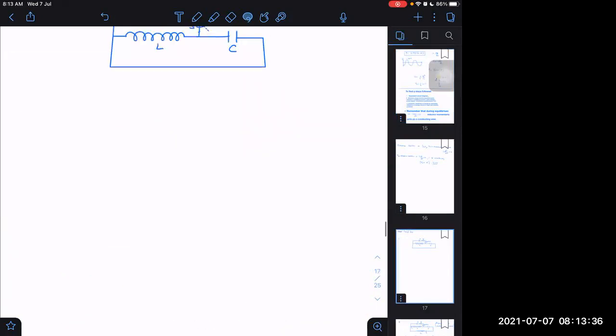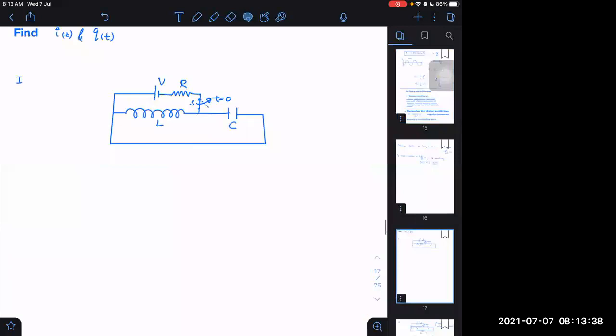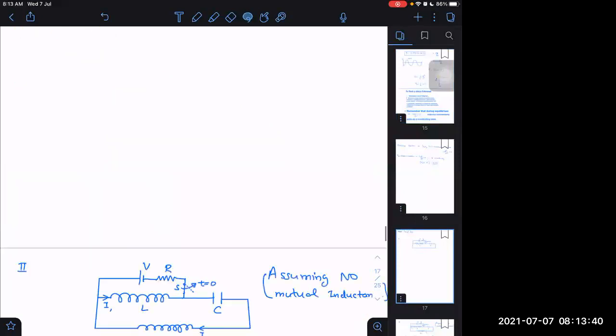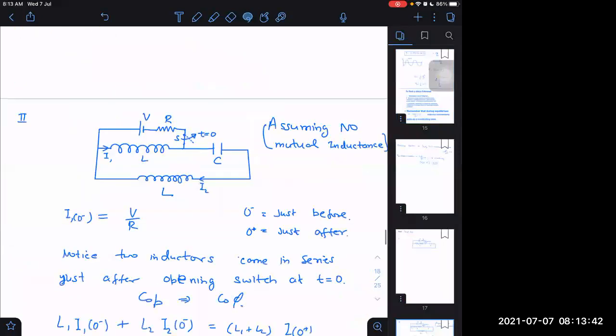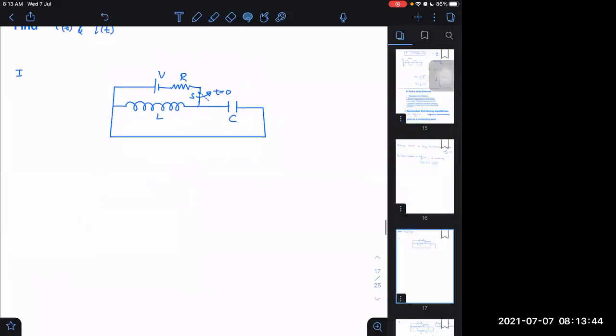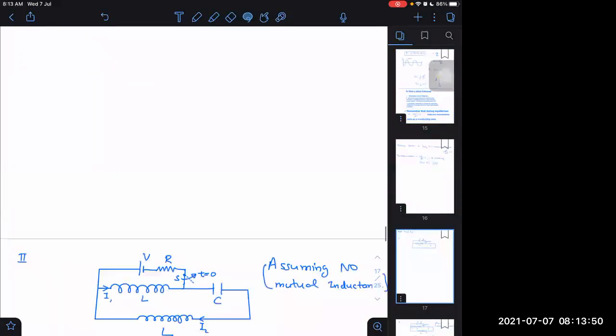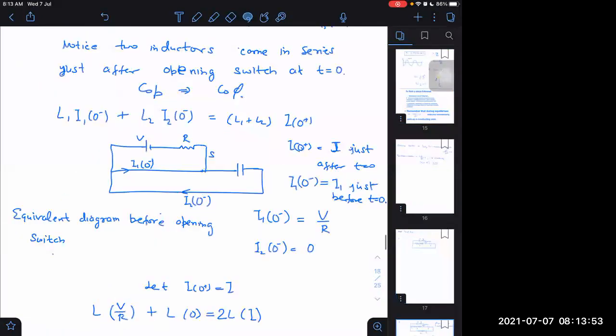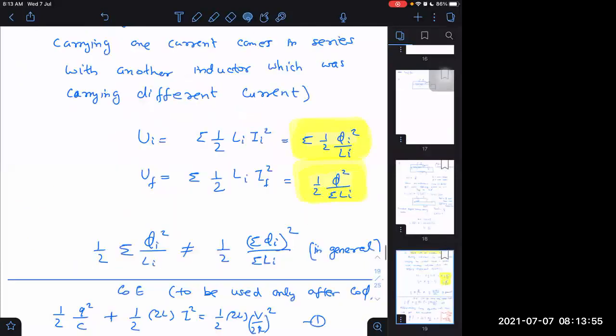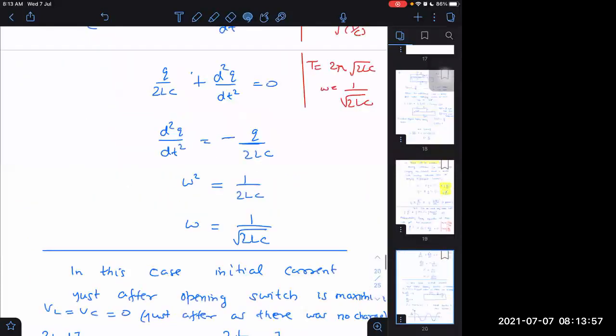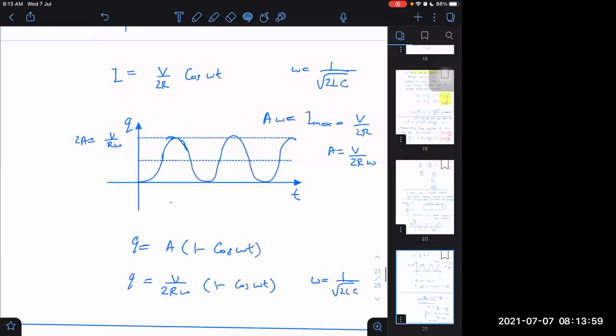Where were we? Did I skip this question? I think by mistake I did not take it. The first one is easiest, but I think I directly started taking the second one. Okay, I'm leaving the first one for you. If you have already done the second one, no need to go back to the first one. You can do it easily.